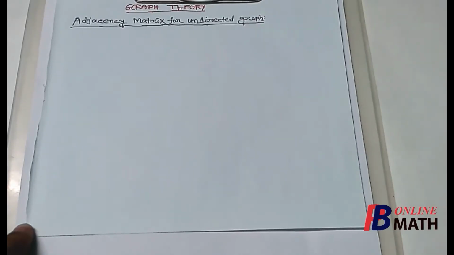In the previous two parts of this chapter, we have considered incidence matrix. Now in this part, we shall consider adjacency matrix for undirected graph. Actually, we shall show that a non-directed graph or undirected graph can be expressed by another type of matrix which will be called adjacency matrix.